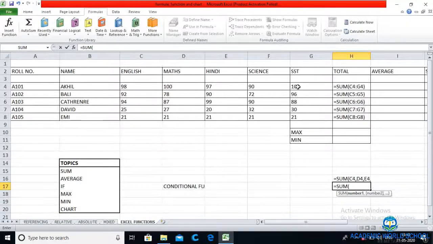This is one way. The other way is SUM, then giving a bracket. Previously we took the whole range. Now we are going to take half of it, let's take half of it, till 97. But still we need to add 90 and 100. For that, what we will do is, got it?